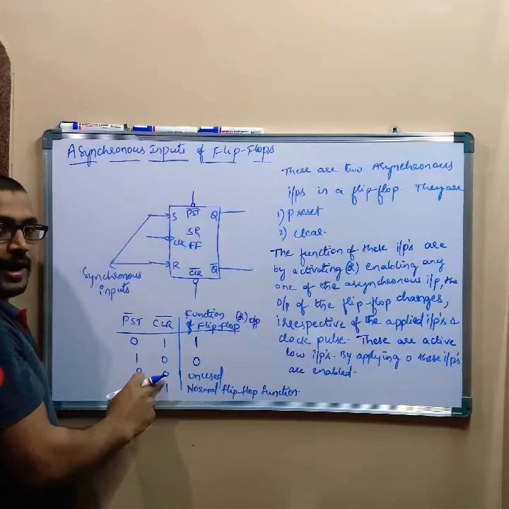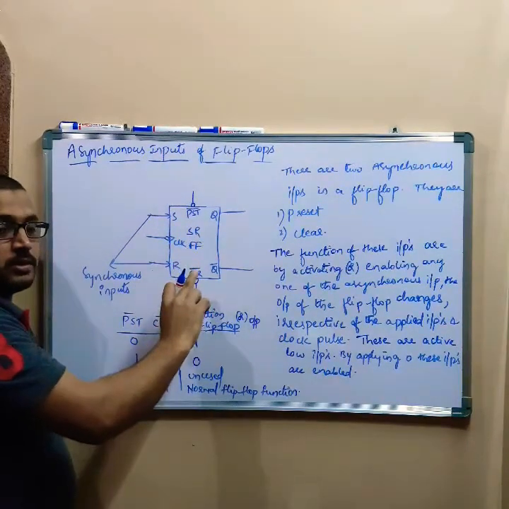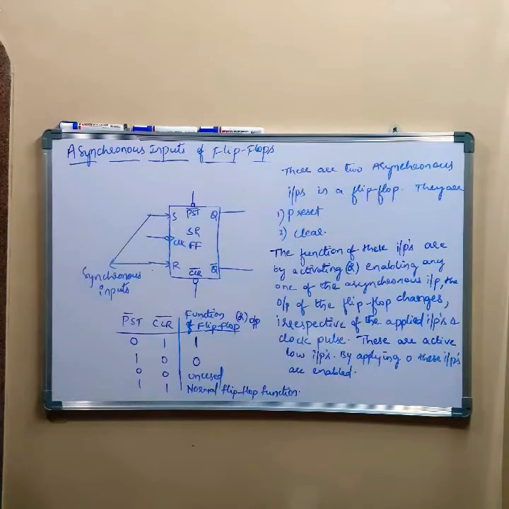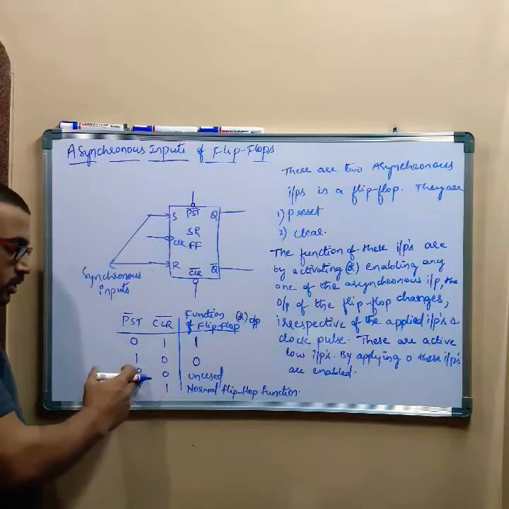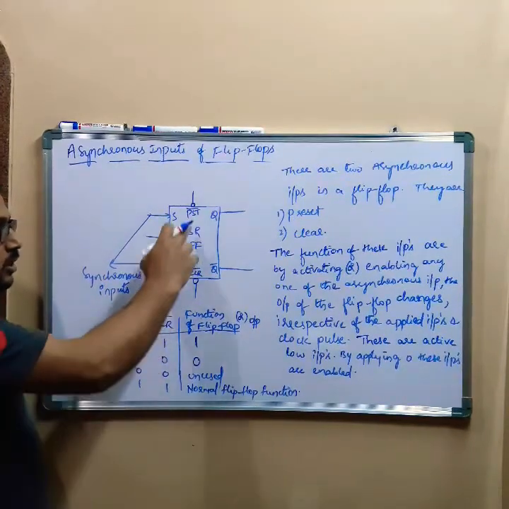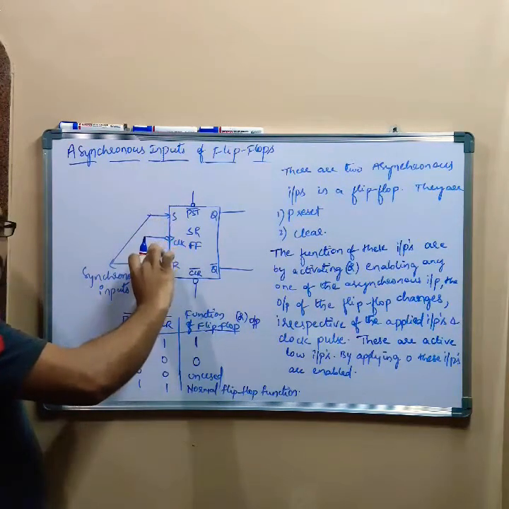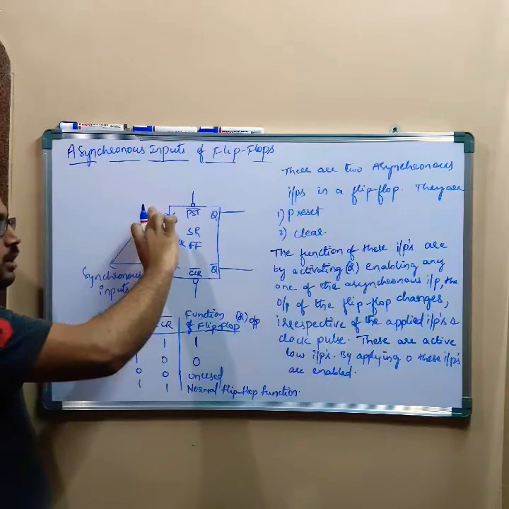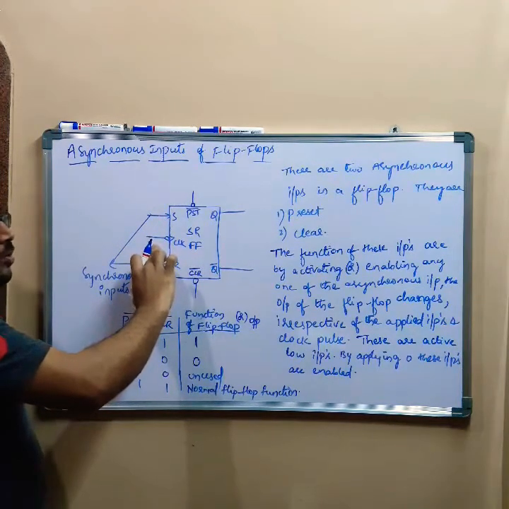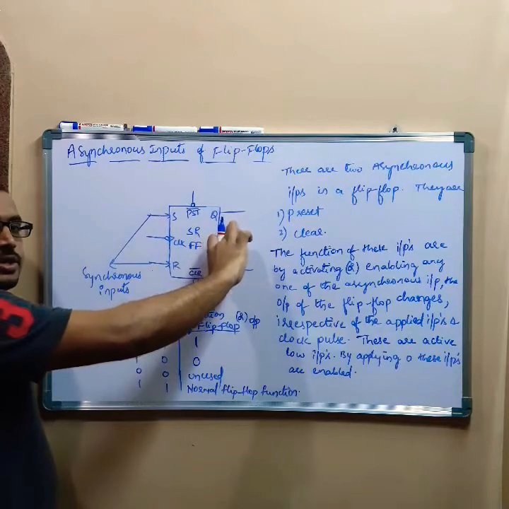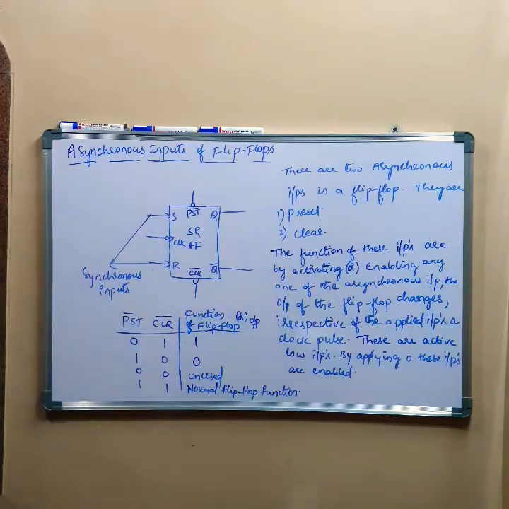When you activate both the asynchronous inputs simultaneously, the flip-flop is not going to allow to produce the output, because the flip-flop doesn't know what is the output it has to produce, either 1 or 0. So that is unused combination. So when you disable these two inputs, whatever the inputs you applied here will be taken into consideration and these inputs will be synchronized with the clock pulse, and based on that there will be a change in the output. So these are asynchronous inputs we have, right?